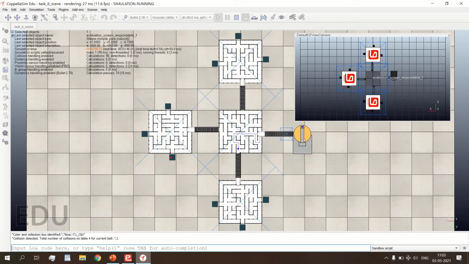On belt number 4 we have a vision sensor named vision sensor 5, and this vision sensor captures the ball and then compares its color with a JSON file in the Python script, and using suitable APIs we are able to transfer the data from Lua to Python or Python to Lua and then execute our code. So vision sensor 5 is used to detect ball color and helps us find out the collection box.